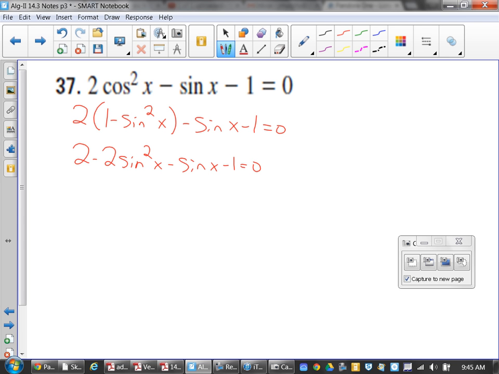Do we need to write out the x's when we solve the equation? When you're solving equations, you want to keep the x there, because remember, you're trying to figure out what is the angle that has